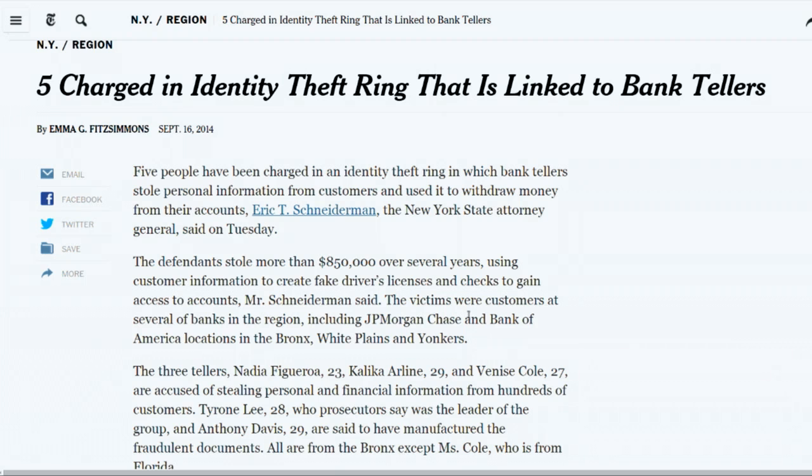The New York Times has an article here. Five people have been charged in an identity theft ring linked to bank tellers. They've arrested 5 people: 3 women who worked as bank tellers and 2 men who were doing the other part of the scam. Basically, the bank tellers would get personal information from customers that came in. You come in to do your banking, and you pretty much just answer whatever questions the teller asks you,